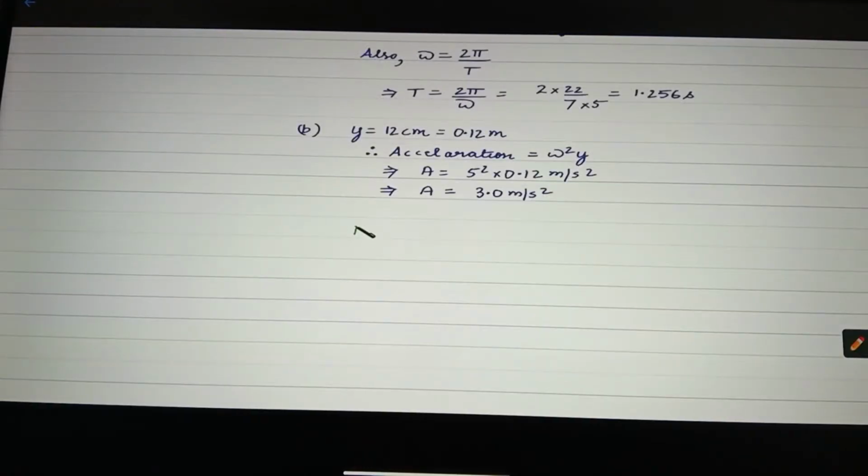We know that potential energy is given by half K y square. So that is equal to 1 by 2. For K we can write K we have calculated as 200 multiplied with y square is 0.12 whole square. This will be equal to